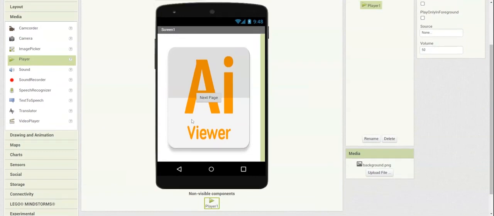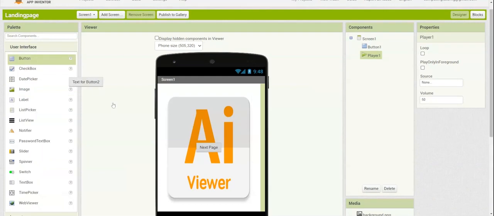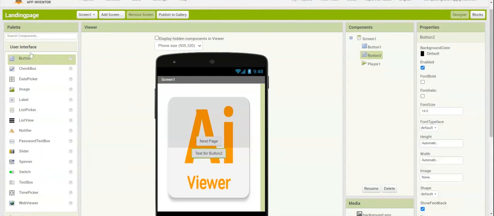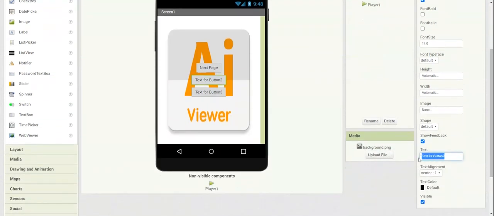All right, so I'm going to add three buttons here. Let me add the first button and let me add the second button, and I can add other buttons. I want to change this to stop and start. So, in case the user finds the music annoying, the user can either stop the music or start the music again. So, I'm going to click on this button two here, and I'm going to call this one